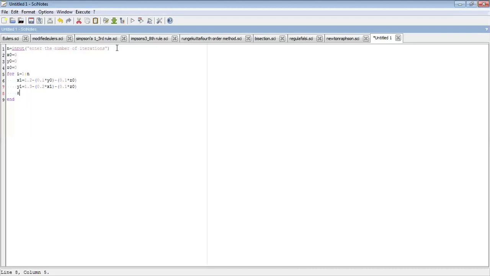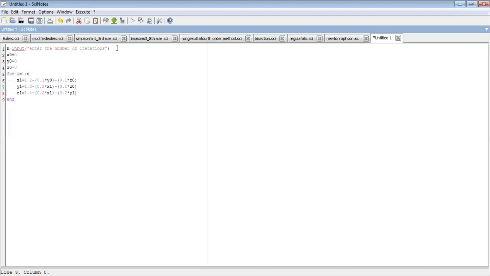Now we'll write down z1. So z1 is given as 1.4 minus 0.2 times x1, and minus 0.2 times y1, because it is written in that form.